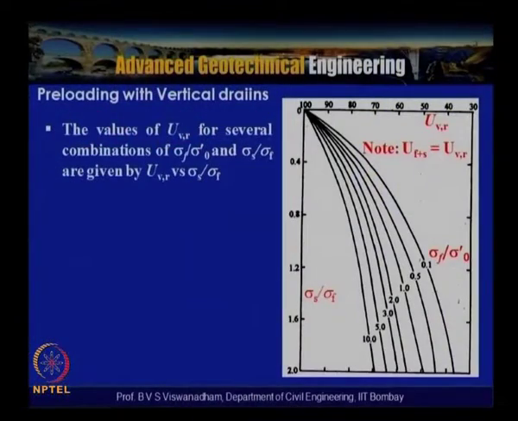While discussing preloading, we discussed one example problem, and we said that when we wanted to accelerate the consolidation by using preloading only, the fill required was about 207 kilopascals, which indicates that you require a very high embankment for allowing the consolidation to take place. And then we stopped, saying that adopting this solution can have some stability issues which can hamper the process.